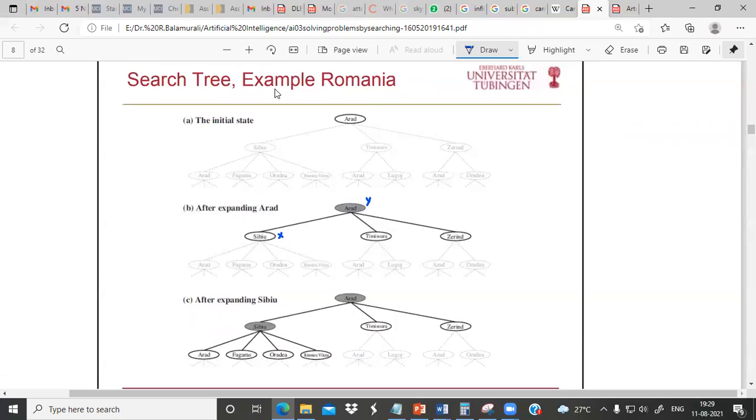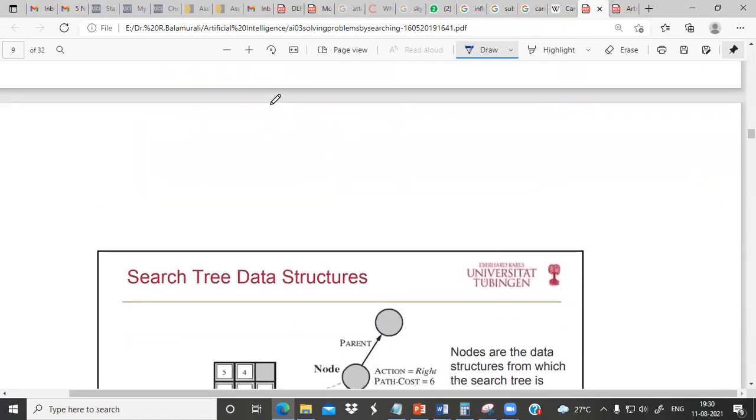But the problem with this approach is certain states will be explored more than once. For example, Arad is popping up more than once. So again and again you have to do all those things. Whatever came out of Arad, here again it will come up. Are you getting it? So unnecessarily the time complexity and the space complexity of the algorithm will increase. So is there any way to avoid that? Yes, it can be avoided